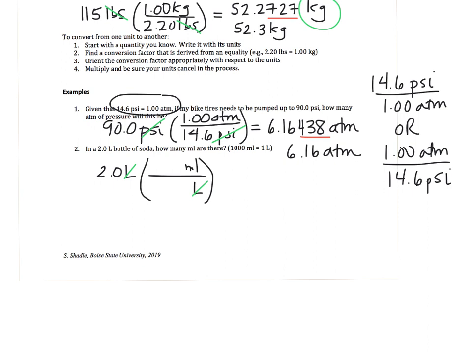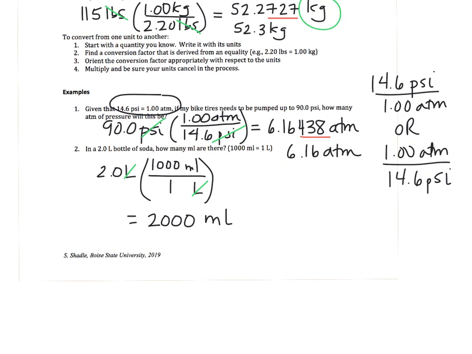And now I can go to my equality and see, okay, my equality tells me that there are 1,000 milliliters in 1 liter. So I can put the numbers in after the fact if that helps me to make sense of things. So then what I'm going to get is 2,000